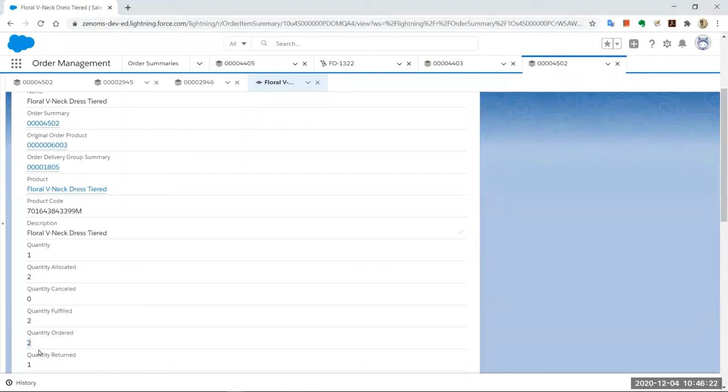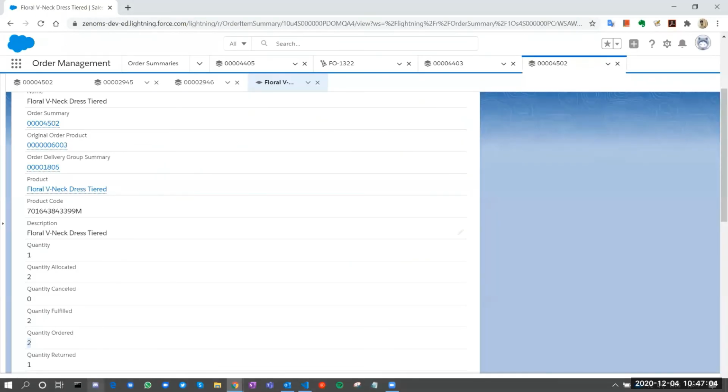You just need to create these base transactions or call the right APIs and initiate and create these from the system, right? So order management comes with all of this, and this similarly works for cancellation, returns, and the likes. And with the recent release, Winter 21, there is a base data model for returns. So if you are into the business of returns of materials, you want to track a return all the way back to your inventory, you can do that. You will have to custom orchestrate it with order management.